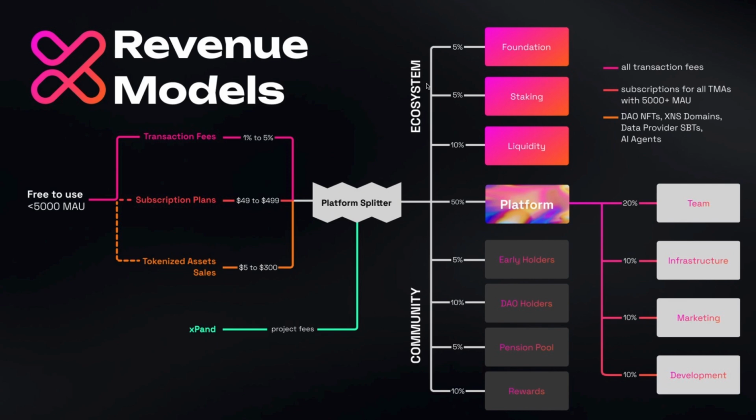Because these are directly fueling the XW3 token economy, talking about these allocations for ecosystem and community. 5% goes to the foundation, and this supports governance and aligning with our mission. And 5% to staking, so this is distributed to community holders who stake XW3, providing a direct reward mechanism. And 10% to liquidity. This ensures that there's enough XW3 in the market for trading and transactions, maintaining its usability.